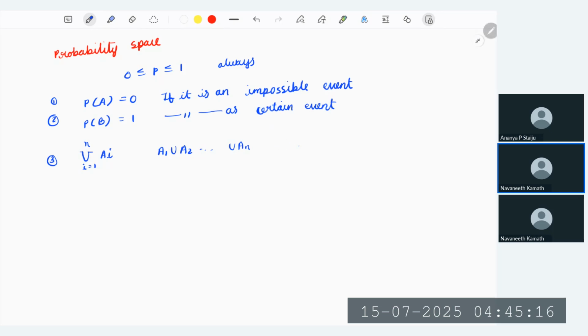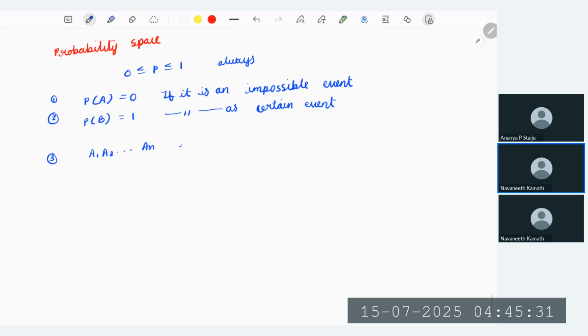You can just remember that one thing. And suppose these events, A1, A2 till AN, all the possible events on a sample space, are